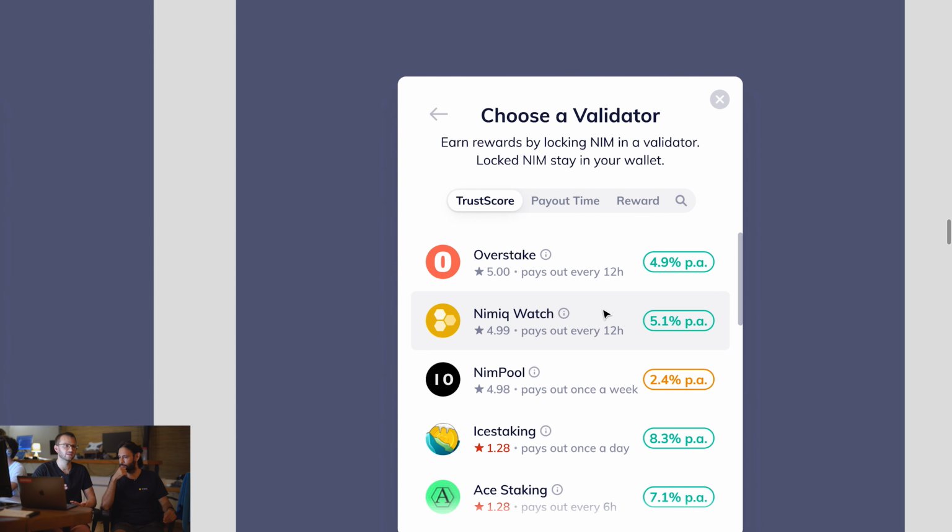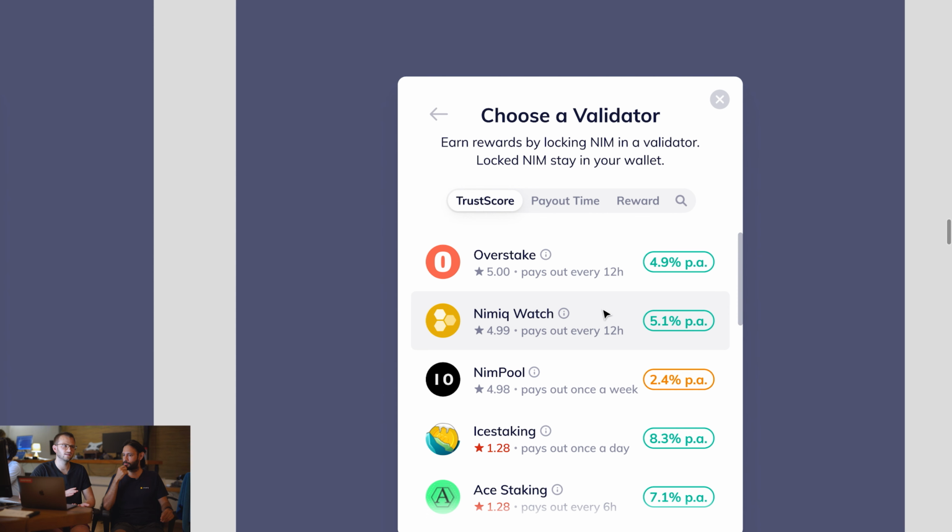One important thing here is that we'll probably have a bunch of validators, and the average user will probably have heard of the concept of a validator at this point for the first time. What is it? How do I choose a validator? How do I know if it's good or bad? What do I even need to look out for? So what we came up with to tackle that problem is a thing that we call trust score.